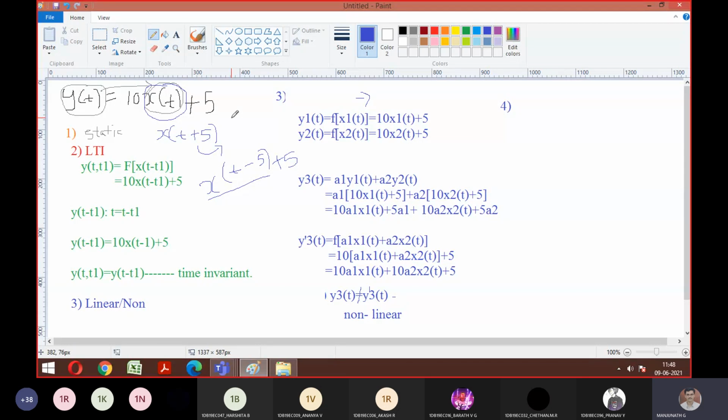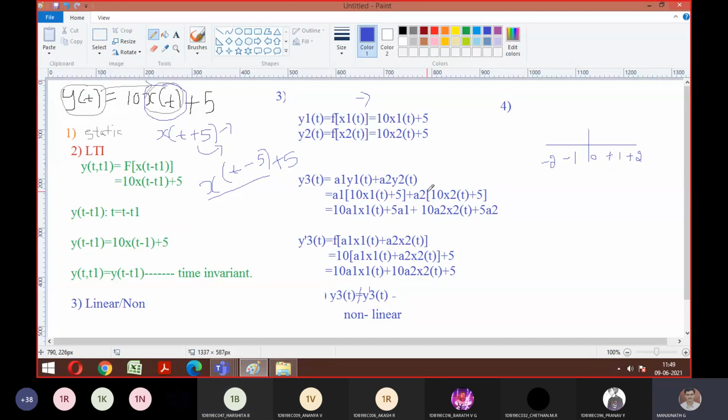Negative side is past, no yaar. Positive side is called future, yes or no? So if the question is x of t, that is the present state. If it is t plus pi, this is called future. I told you the scale yesterday, do you remember? 0 is there, -1 is there, -2 is there. So if I am delaying with respect to positive values, it is called future. If it is with respect to negative values, it is called past. Didn't I mention this yesterday? Yes or no?